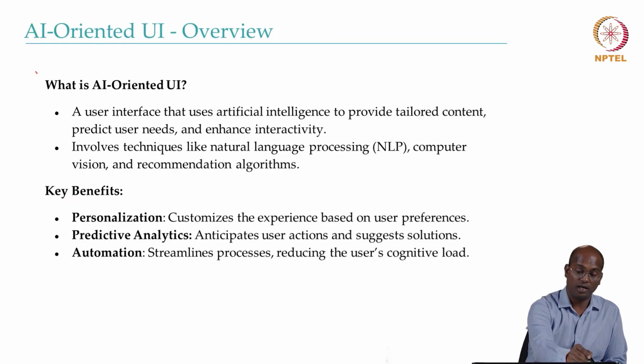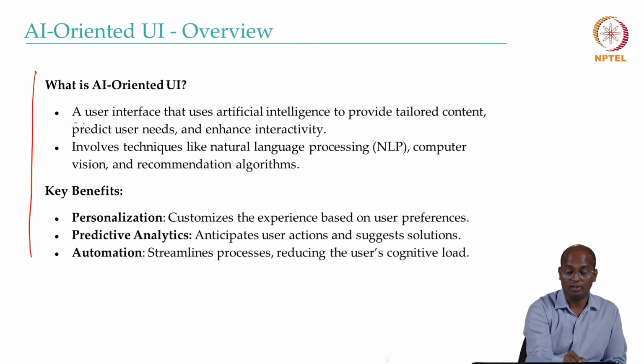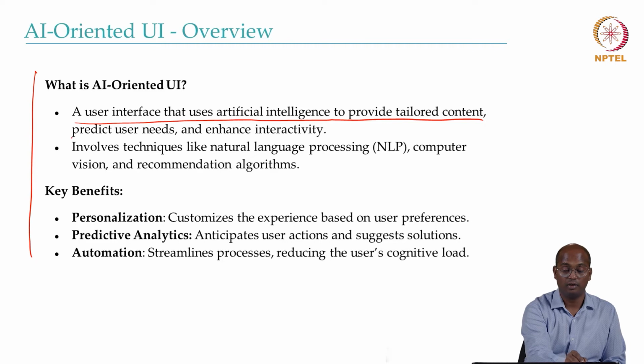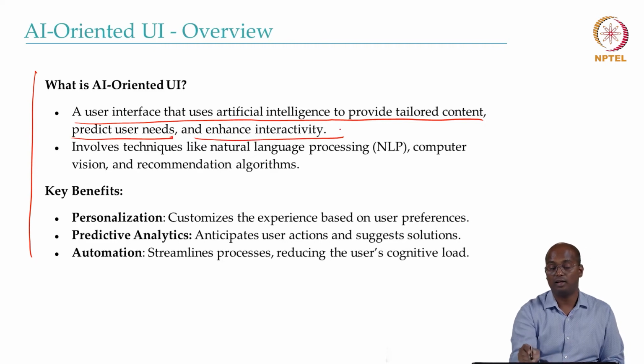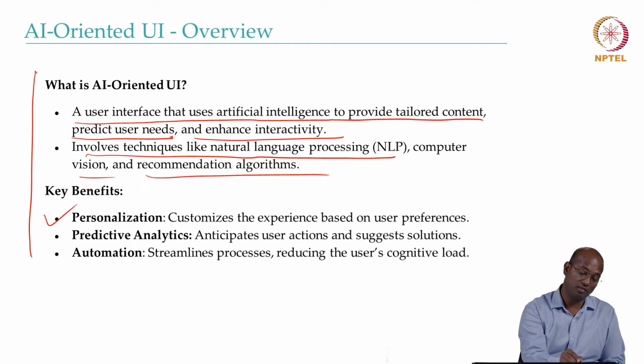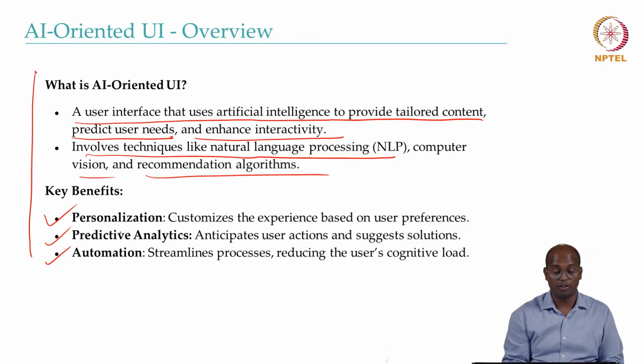So what is AI oriented UI? It is a user interface that uses AI to provide tailored content, predict user needs, and enhance interactivity. It involves techniques like natural language processing, computer vision, speech processing, and recommendation algorithms. The key benefits are, and it is not just limited to these three: